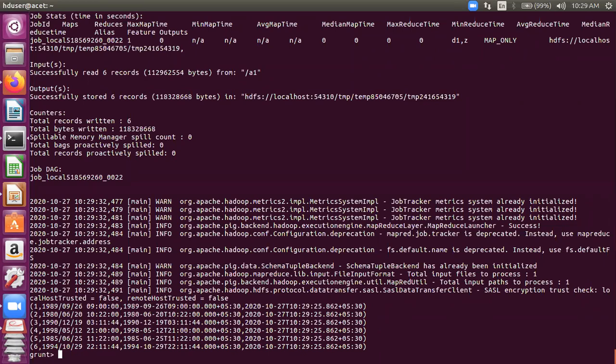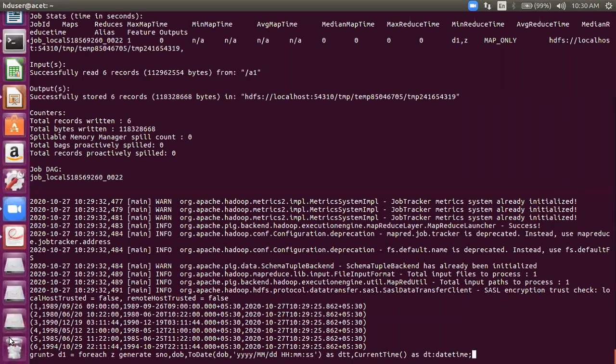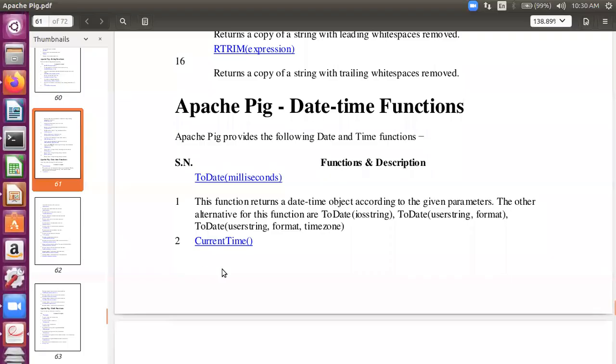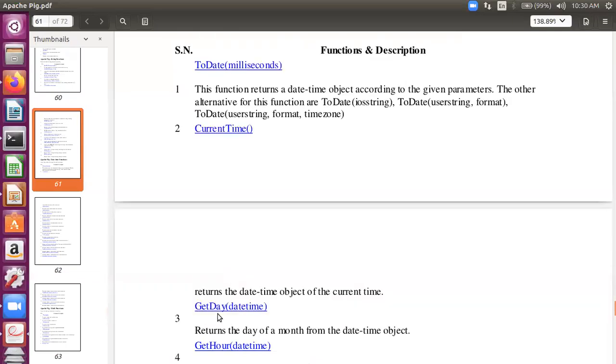And then you can see the current time. So we generated this output at 10:29. And obviously the current time will also give you the time zone automatically. All the date functions, when you display something with them, will display the date along with the time and the time zone automatically. This was the query we just used, generating the current time. All right, so next is get day.